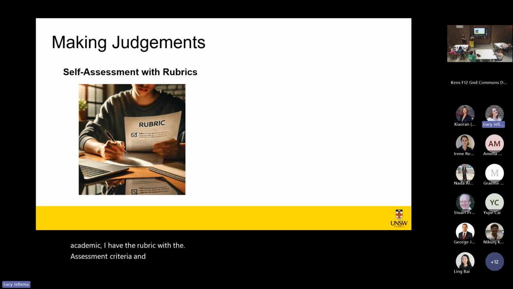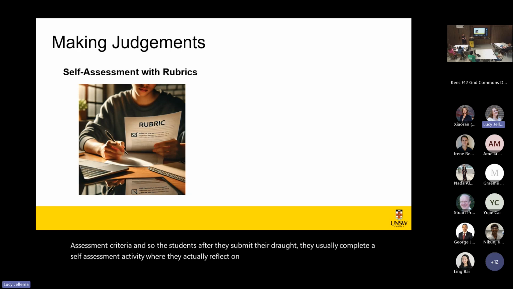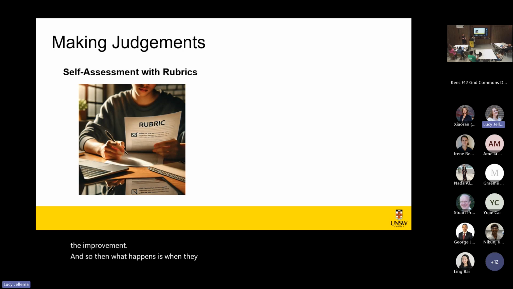And so the students, after they submit their draft, usually complete a self-assessment activity where they reflect on how they have applied the marking criteria into their assessment, but also reflect on the strengths and the improvements. And then when they receive the teacher evaluation, we open a discussion and there is this ongoing